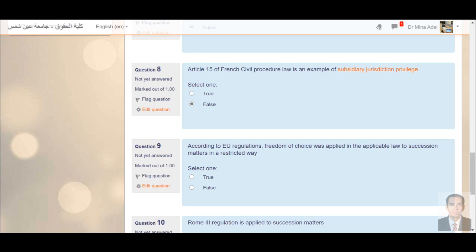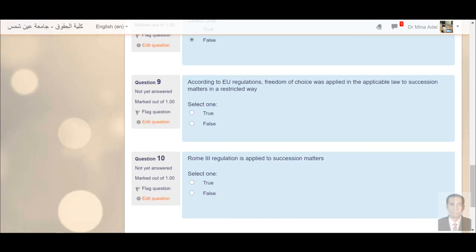Now let's find out question 9. According to EU regulations, freedom of choice was applied in the applicable law to succession matters in a restricted way. According to EU regulation, freedom of choice was applied in the applicable law to succession matters in a restricted way. And this is true, as you know, concerning nationality. And we say that any person can